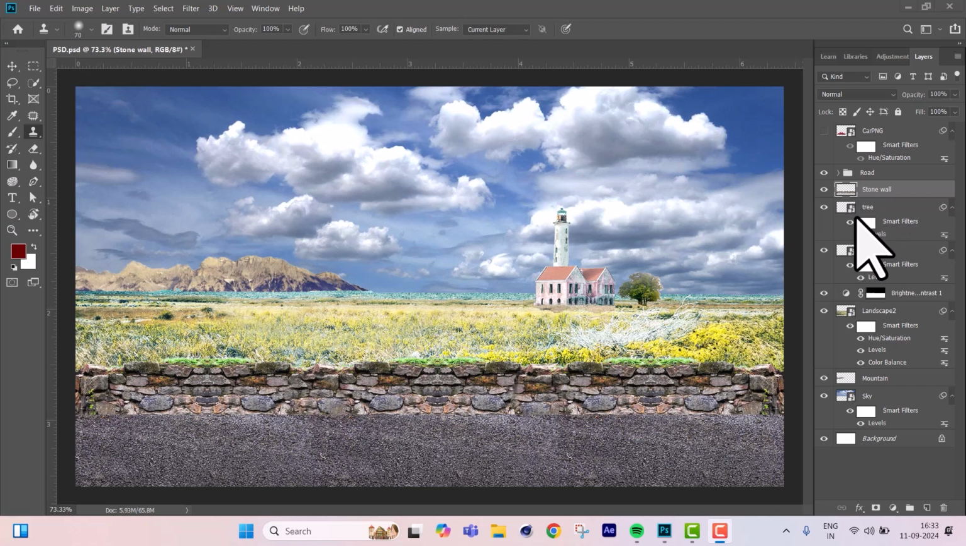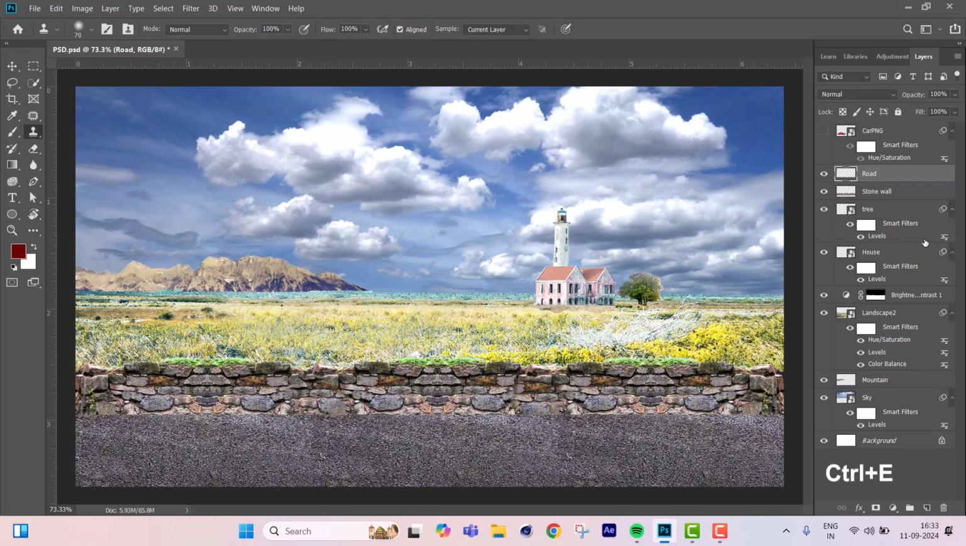After the stone wall, I'll go for the road. This is our road layer. So I will merge this layer too. So Control E is to merge the layer. So for the road, I have to merge this road along with the stone wall. So how to do this? I'll select the road layer